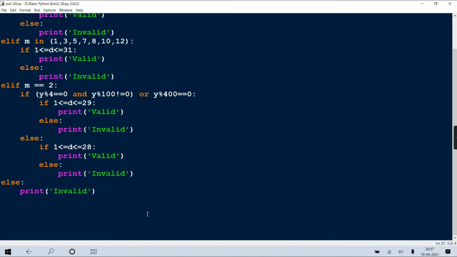What I want to say is, if we are checking the date, 29 and 28, why are we using that leap year check? Because we have 29 days in February only if it is a leap year. But leap year checking is to be done only when the month is February. Okay. Got it, no?